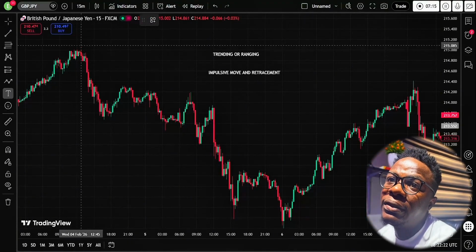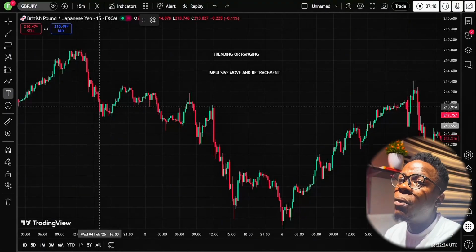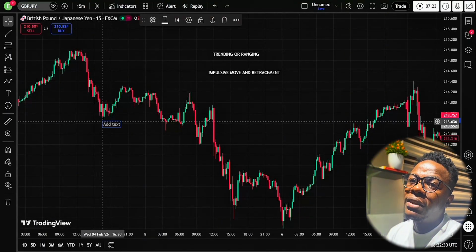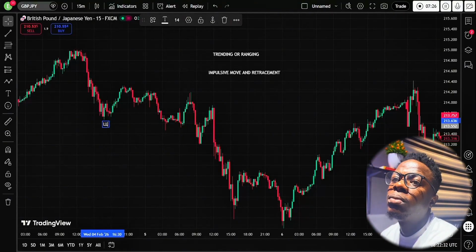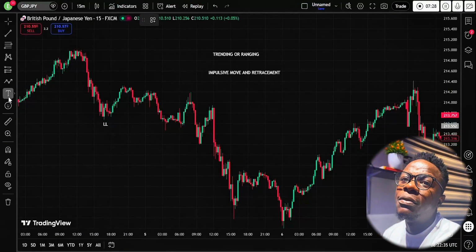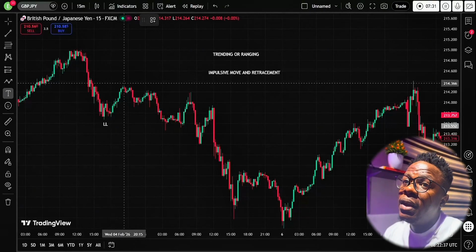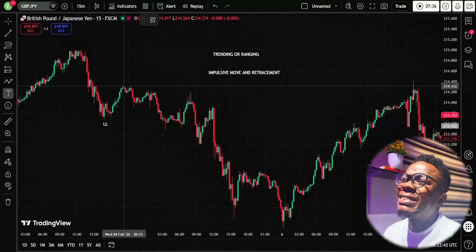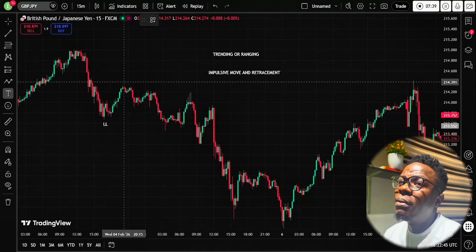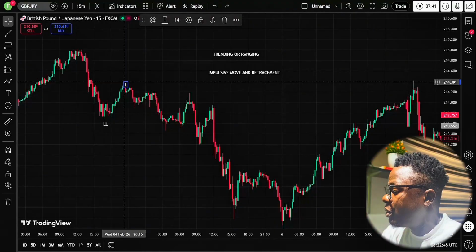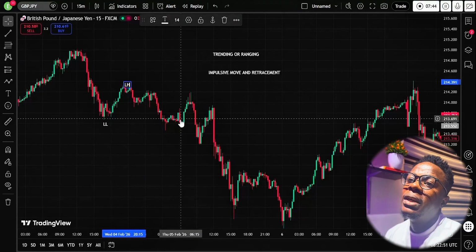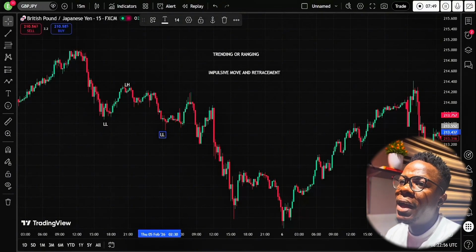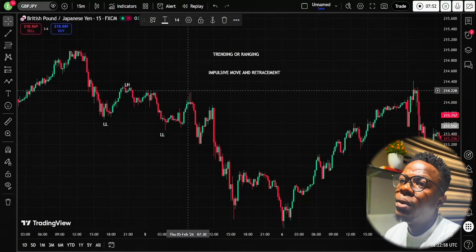Now, at this point, the market pushed downward, right, to form a new low. Okay, so we tag this place as our lower low. And at some point it moved upward again to make the retracement because the overall sentiment is downward. Now there is a move upward that is against the trend, so it forms what? That's why it's called the retracement. So it forms the what? The lower high. Then it moved downward again to form the lower low over here,